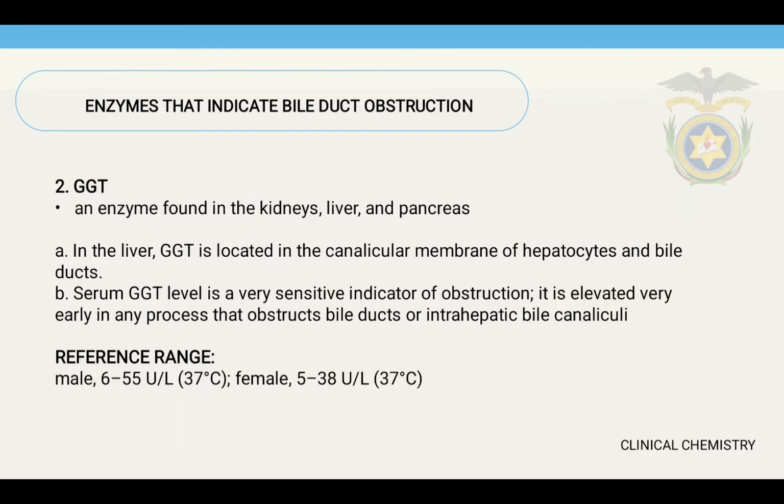colorectal cancers. Your gamma glutamyl transferase, or your GGT, is an enzyme found in the kidneys, liver, and pancreas. In the liver, GGT is located in the canalicular membrane of hepatocytes and bile ducts. Serum GGT level is a very sensitive indicator of obstruction. It is elevated very early in any process that obstructs bile ducts or intrahepatic bile canaliculi. For the reference range, it varies between male and female. For the male, it's around 6 to 55 units per liter, and for females it's 5 to 38 units per